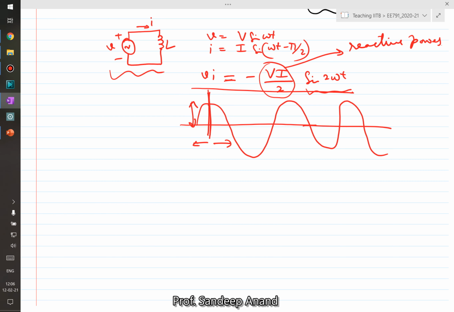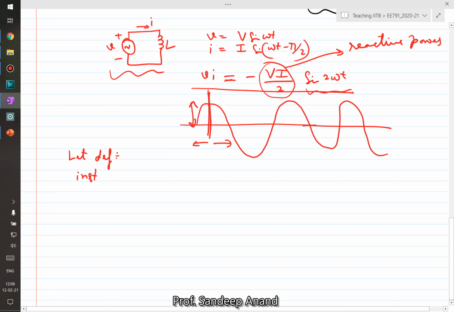As we are discussing, reactive power is a concept which is more applicable when we really talk about averaging something over a period of time and so on, right? So how do we define the instantaneous reactive power? Let's use a definition and see if that definition makes sense and if it converges to our conventional definition or not.